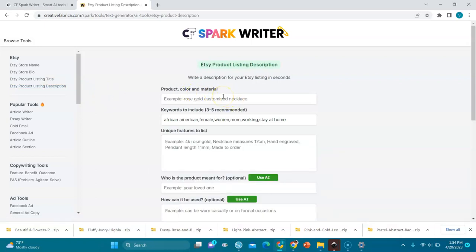Okay, product description, product color and material. The product is a 20-ounce custom tumbler. Yeah, these are other words that we had there. Unique features to list. Let's say they are dishwasher safe. They are unique, dishwasher safe, unique,